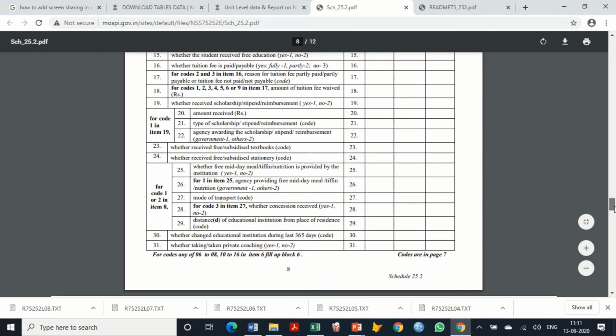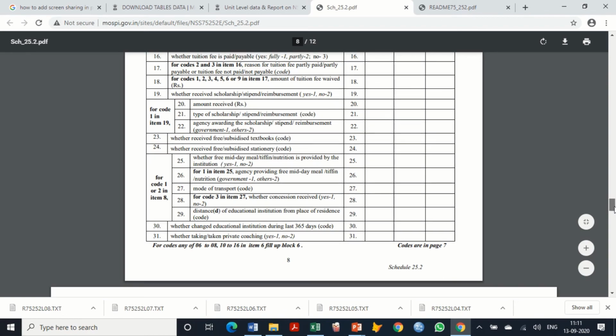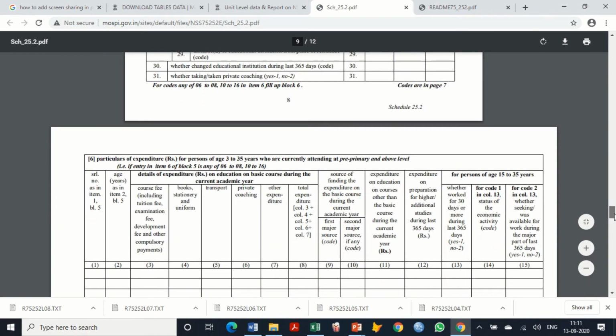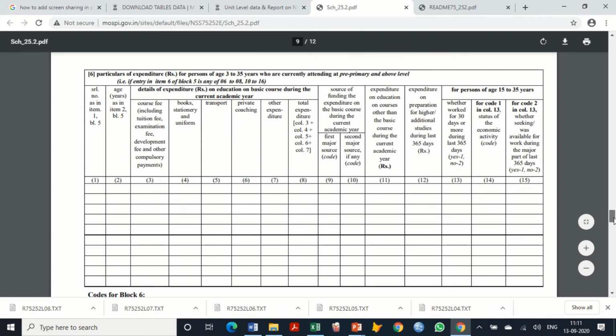Then, for the purpose of national accounting, we will be interested to know the household expenditure. So here are particulars of expenditure for persons of age 3 to 35 years who are currently attending. These are different types of expenditure like course fee, books, transport, private coaching, other expenditure, total expenditure.